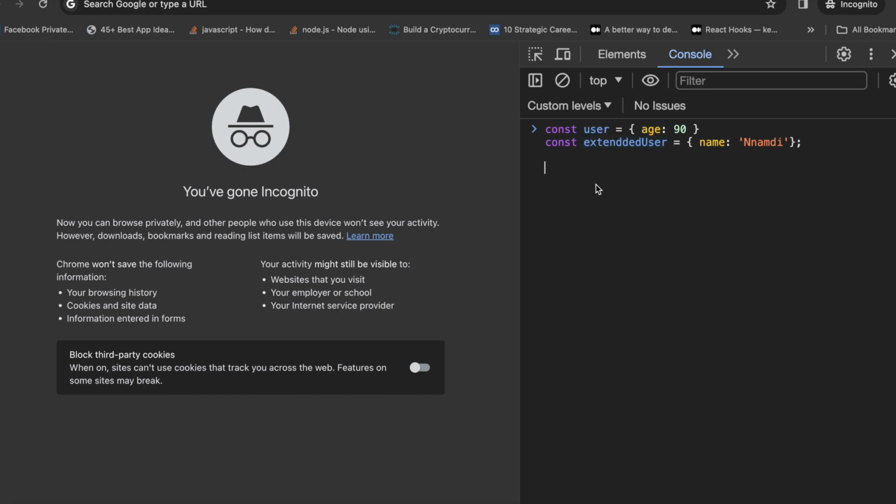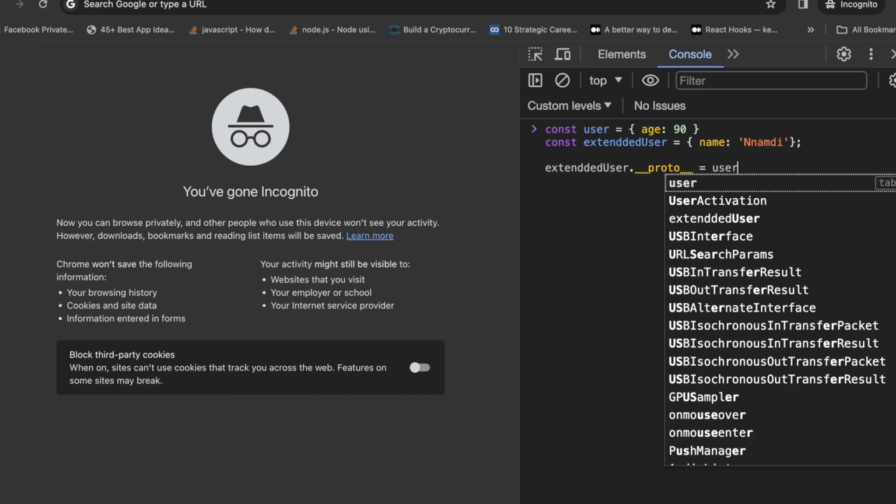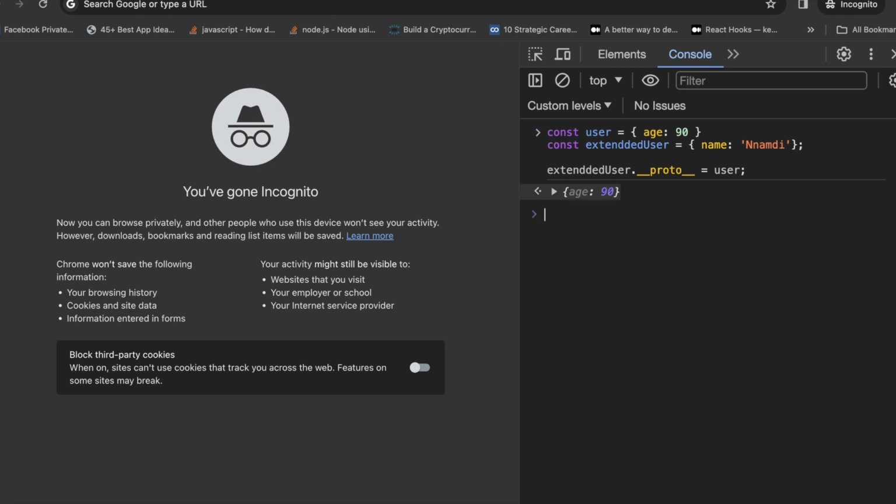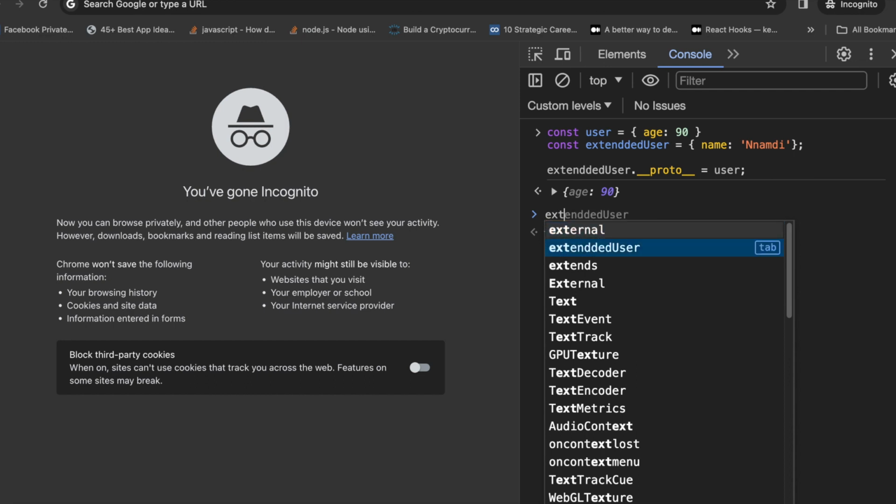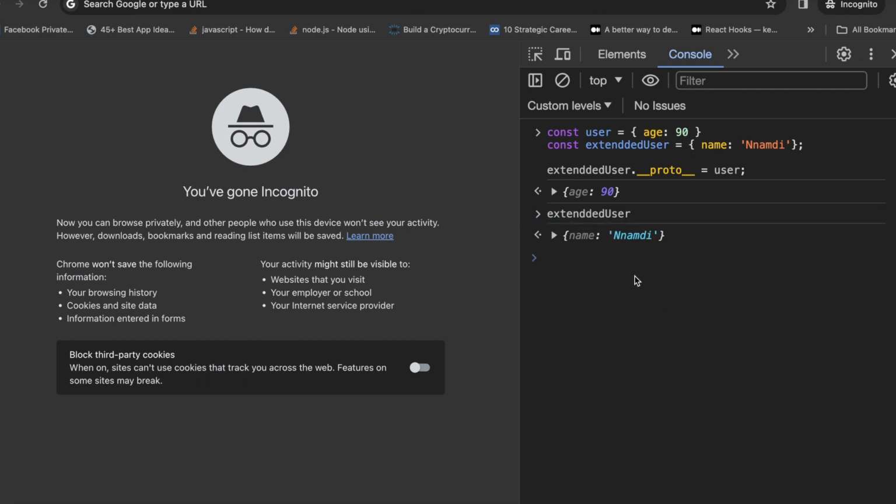So what we're going to do is proto, we do something like this, proto, and assign it to the user object. So the extended user inherits every data property and method we have in this user literal. So let's expand the extended object. Let's see what we have. You see that in the extended user, we have